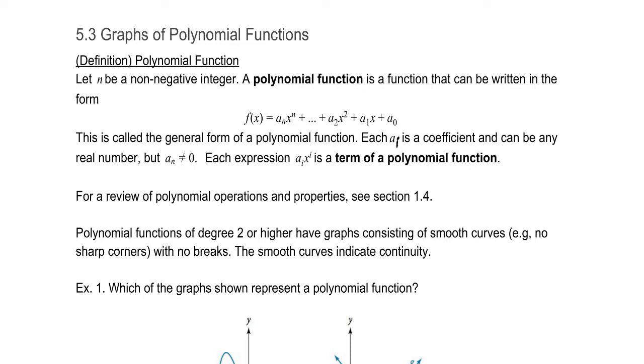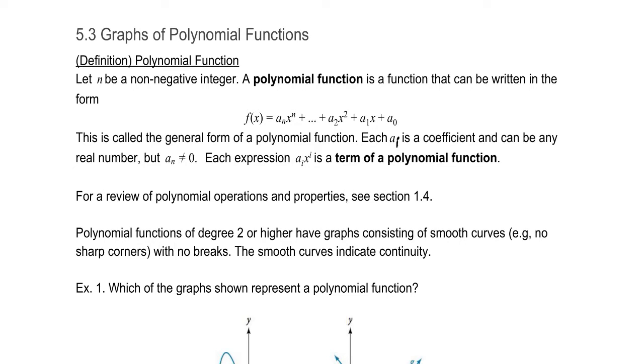With n being a non-negative integer, a polynomial function can be written in the form f of x equals a_n times x to the n plus a_(n-1) times x to the n minus 1, and that degree begins at n. That is the degree of the polynomial, the highest exponent, and we go from that degree down all the way to a_2 x squared, a_1 x, and potentially a constant term,